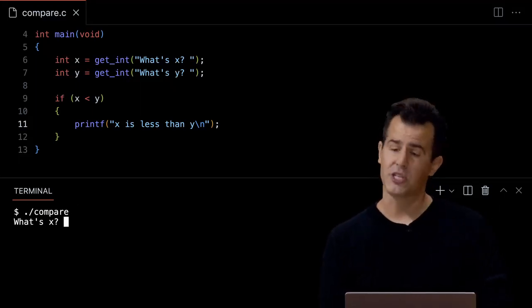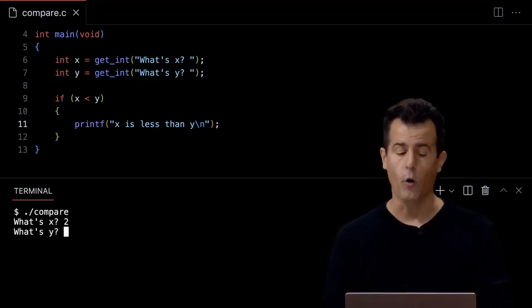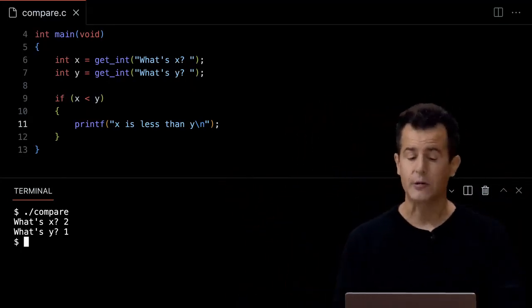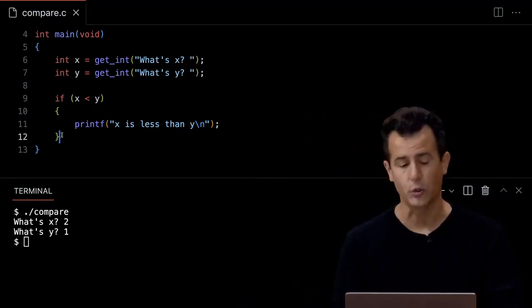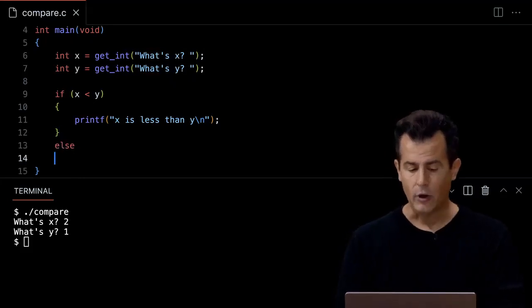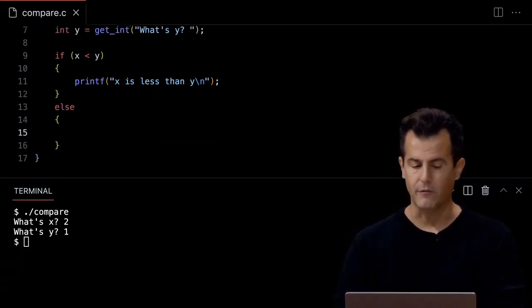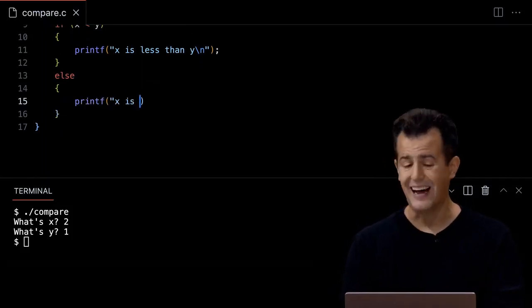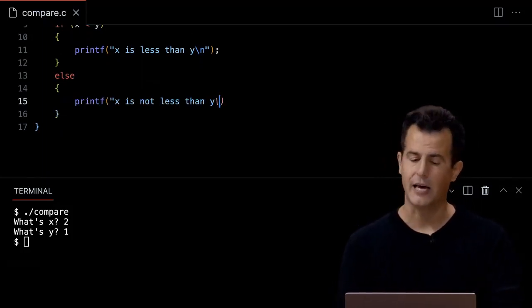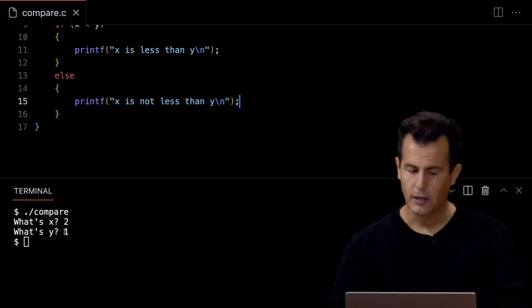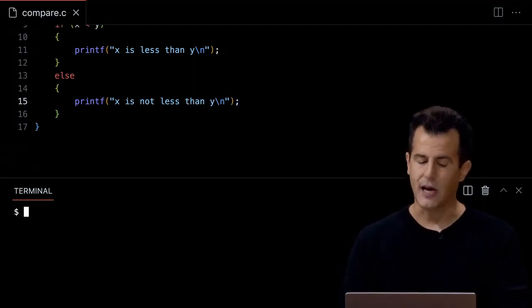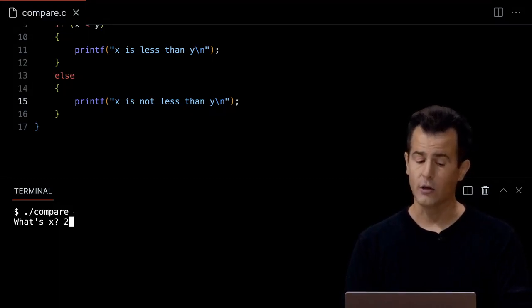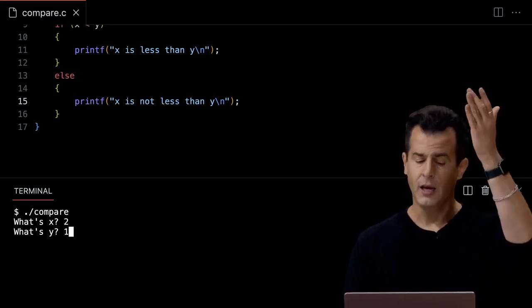All right, let me go ahead, though, and rerun ./compare. Enter. Let's reverse it this time. 2 for x, 1 for y. And now, of course, there's no output. All right, well, that's logically to be expected because we didn't have an else here. So let's add that. Else. Now let's open my curly braces, letting VS Code do one of them for me. Printf, quote unquote, x is not less than y, \n, semicolon. Let me go ahead and try this again. ./compare. Enter. Again, 2 for x, 1 for y. And we should see,